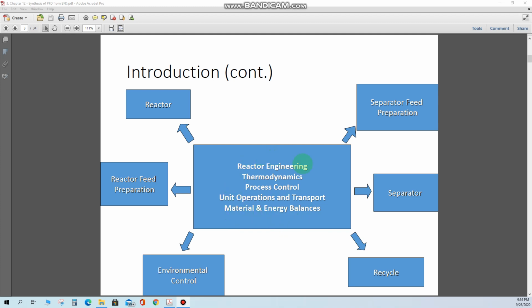So when we are considering all of these five domains, we have to be very good in reactor design and the reactor feed preparation system. Then we have to consider the environmental issues, and we have to reduce the emissions and the pollutants. Then to optimize the process, we have to consider the recycle structure of the process, and we have studied this in much detail in the previous chapter number 2. Then we have to see what a separation system is. We will study the separation system in more detail in this chapter number 12. And the separator feed system, we will also see.